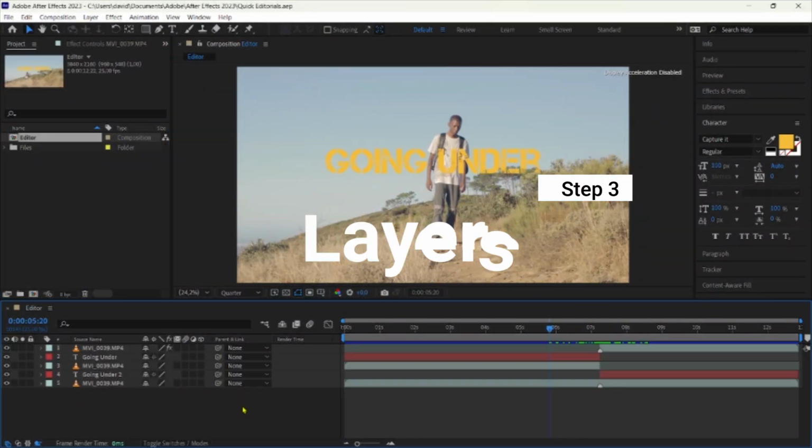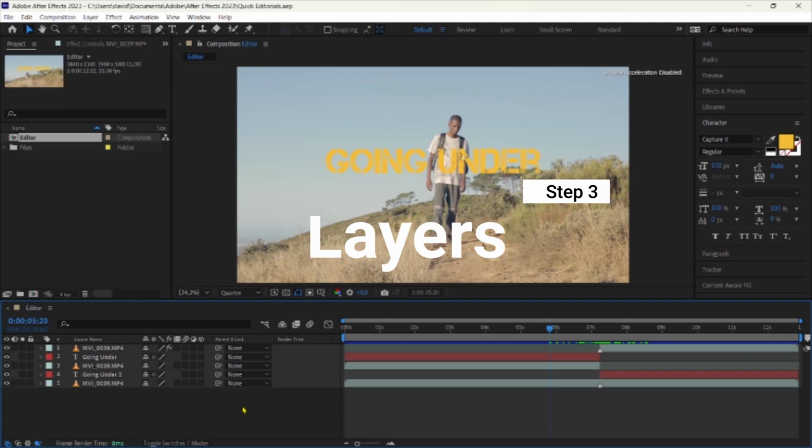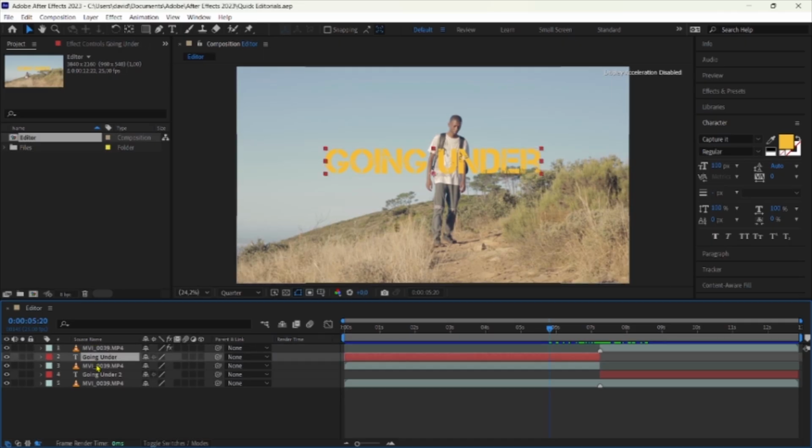All right, before we get into the crack of things, I'm just going to explain some not so obvious things. For example, as you can see on my timeline, I have 5 different layers. If you come here on the left, under source name, 1, 2, 3, 4, 5. So I'm going to show you guys how to achieve these 5 different layers. The reason is, for example, you see this red text, this red layer here, it belongs to the text layer that you're seeing on the screen.